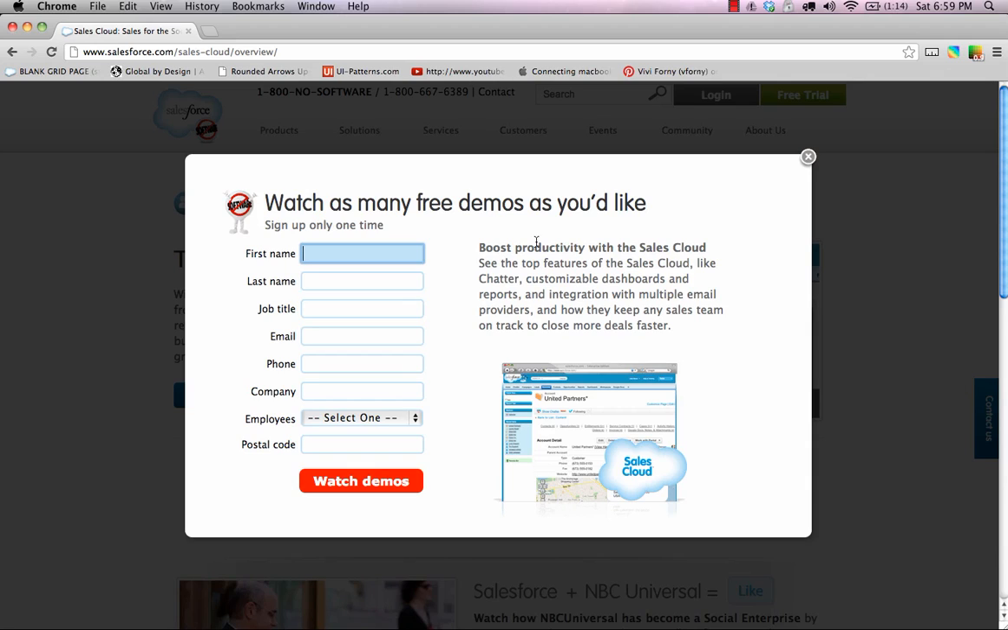Then moving over to the right side here, we have boost productivity with the Sales Cloud, see the top features of the Sales Cloud like chatter, customizable dashboards, and so forth. This is good, but if you're trying to get someone through this page as quickly as possible, this needs to be shorter, bolder, and more impactful, and also tie into the mindset of the user, which is: I want to watch a demo,